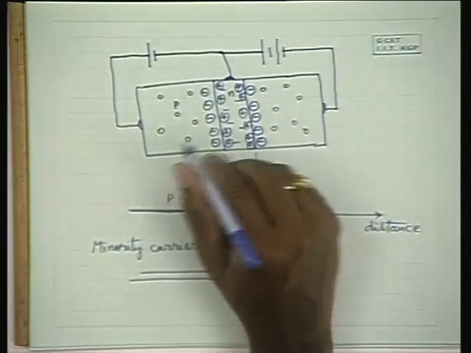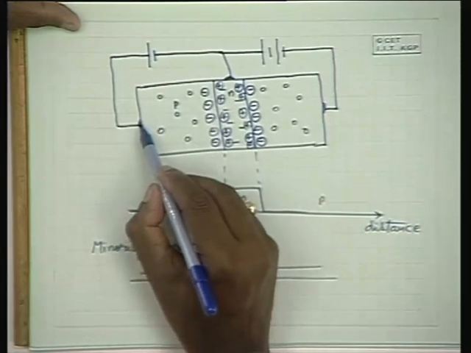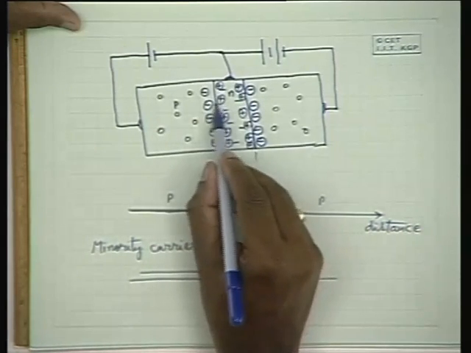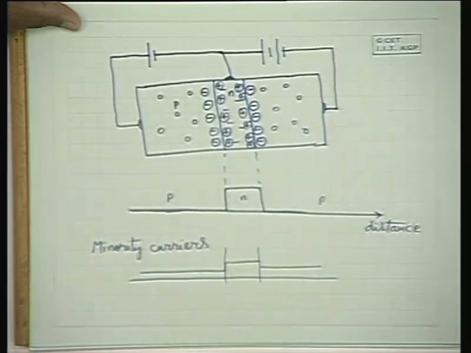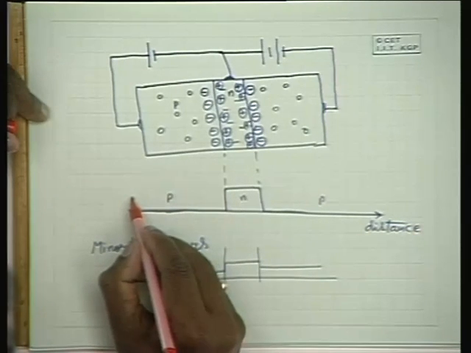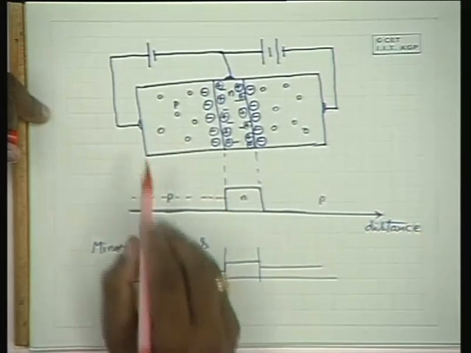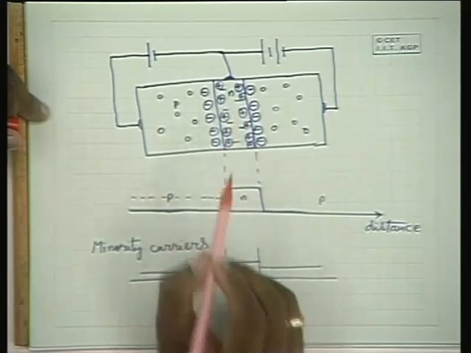Let us examine what happens in this situation. When this junction is forward biased, naturally this potential difference between the p side and n side is reduced by the external potential. So this potential barrier is reduced by elevating the potential of this p side with respect to the n side,